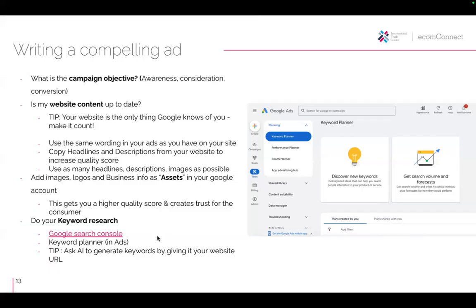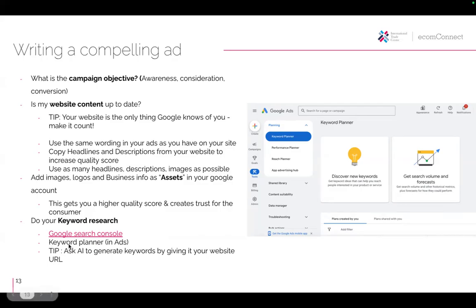Google Search Console is a website where you can add your own website and see how you are performing in Google. You will have to add a little plugin to your website, but you will then be able to look at how you're ranking and towards what keywords in what placements. So this is an incredibly useful tool for those who are a little bit more advanced. For us normal people, I will show you